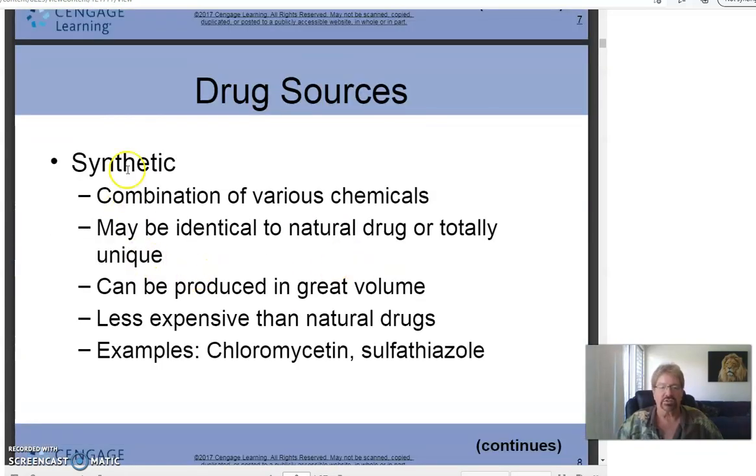Drug source is synthetic: combination of various chemicals, may be identical to the natural drug or totally unique. Once they discovered and mapped out what the formula is, guys, they can often synthesize it. Can be produced in great volume, less expensive than natural drugs. We don't know what these are, so